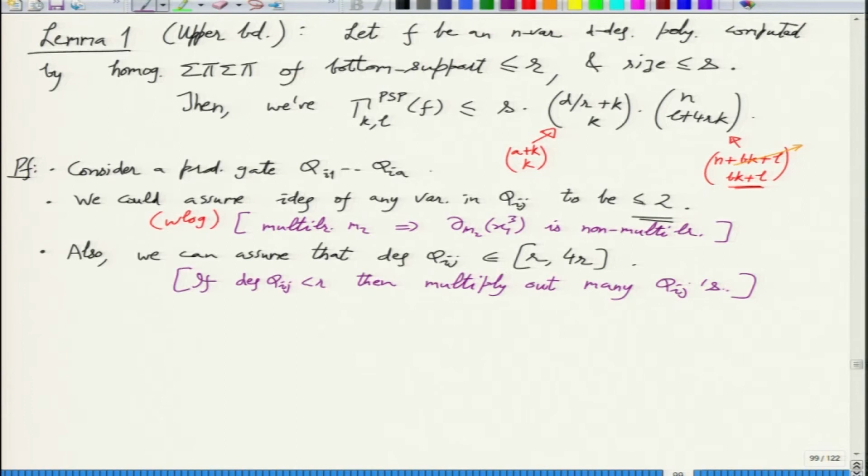You have, and the usual degree is 2, so you have a monomial that has degree 2 in everything. Okay, good. So now we have these bounds on degree of Qij, which is really now the bound on B, right? So with this we know that B is at most 4R, but we also know that B is at least R. So since B is at least R, and this is a homogeneous model, what could A be? To compute a degree D monomial, A could at most be D by R, right? So that's a bound on both.